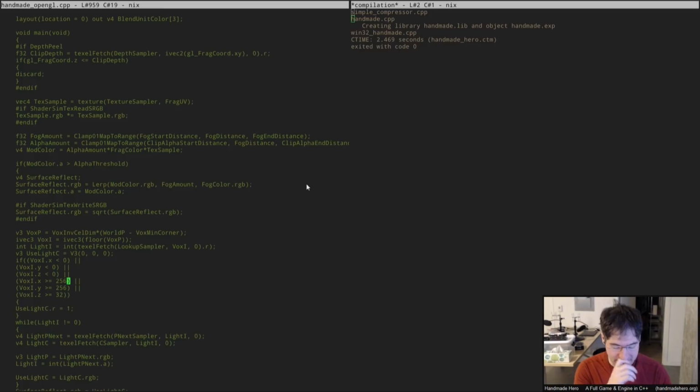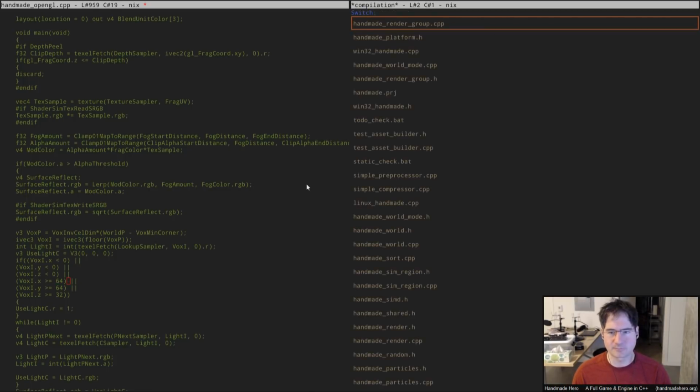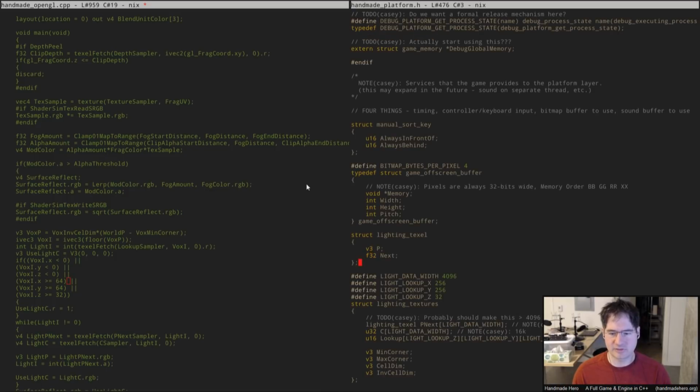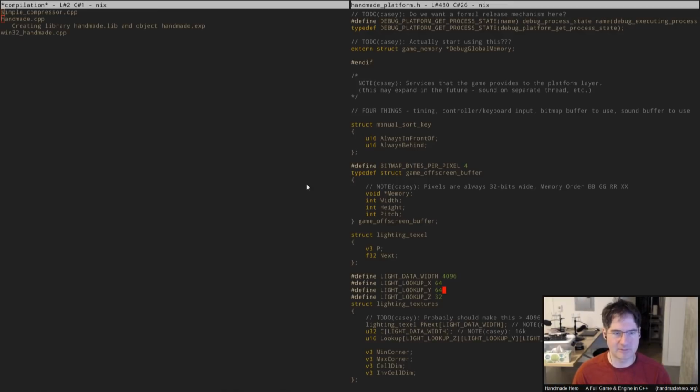Maybe a much sparser grid would be a better idea, because we're really not going to take that many lighting samples. So what I'd like to do is drop this down. Maybe we'll do 64 by 64 or something like this, just so there's a lot less data in the voxels, right? So I'm just cutting that down